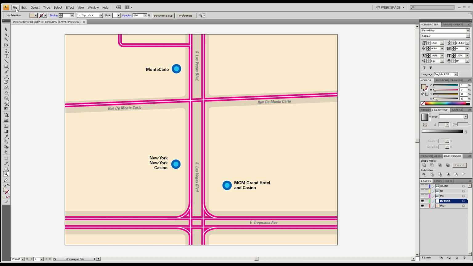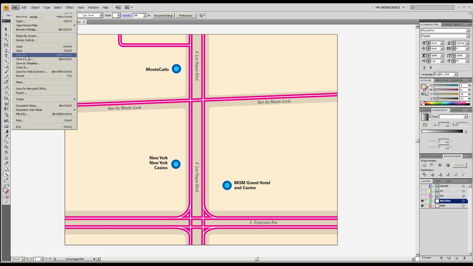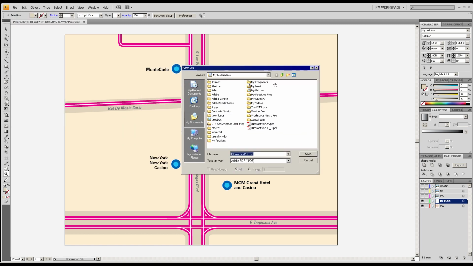So the next thing would be to Save As. You don't want to print, because when you save as a PDF in Illustrator you get a little bit more functionality on that layer control.